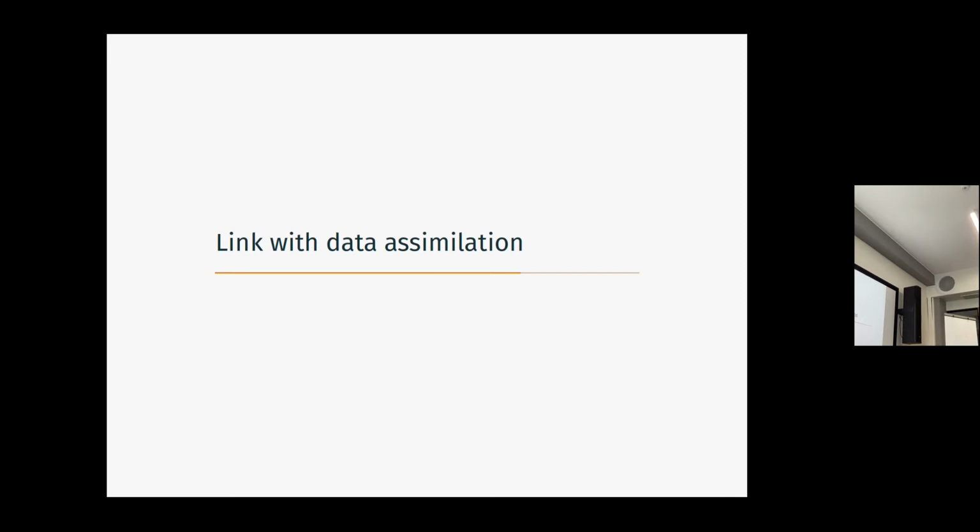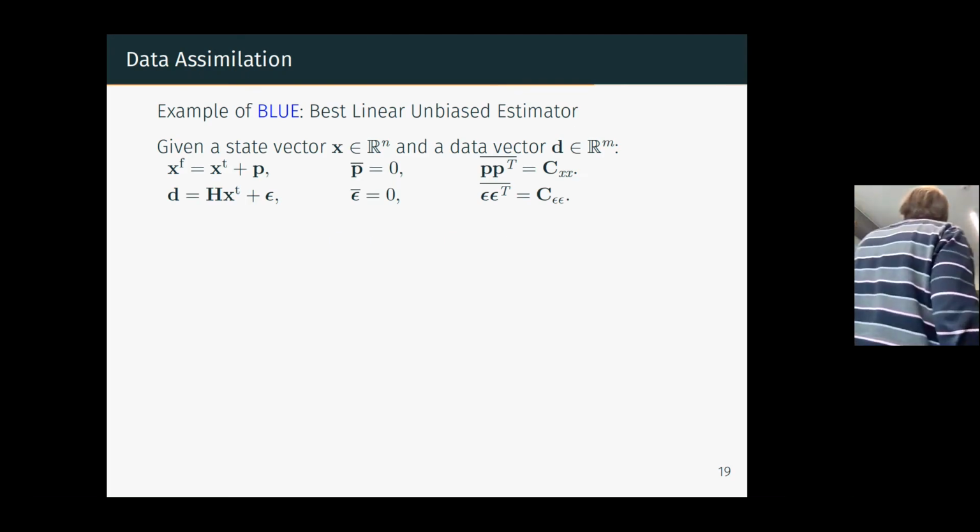Okay, so you have talked a lot about data assimilation in this course, I guess. And there are some connections between data assimilation and machine learning. I want to make the point that some things are equivalent in the two. I will stick to the linear case here. We'll compare linear data assimilation, the best linear unbiased estimator, the BLUE, you remember that, with linear regression and ridge regression, which are machine learning techniques, and show that this is exactly the same.